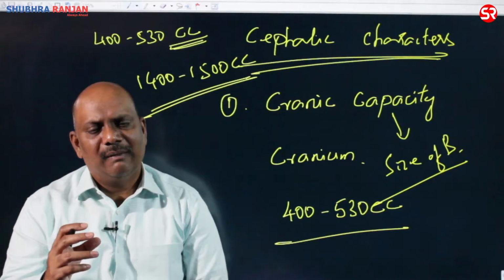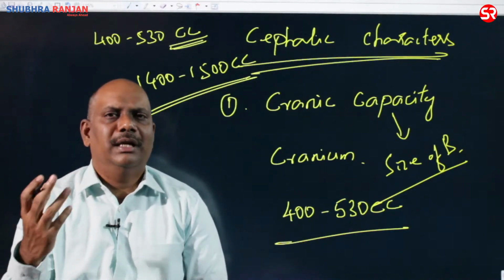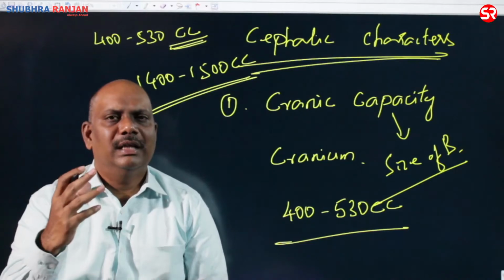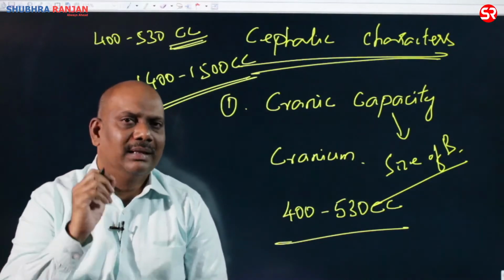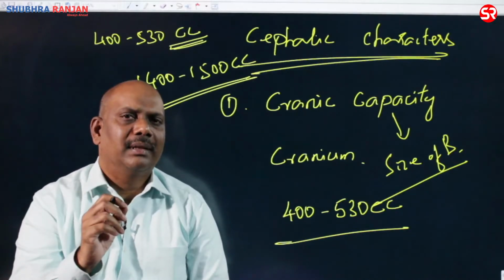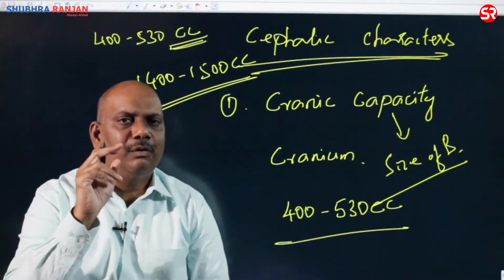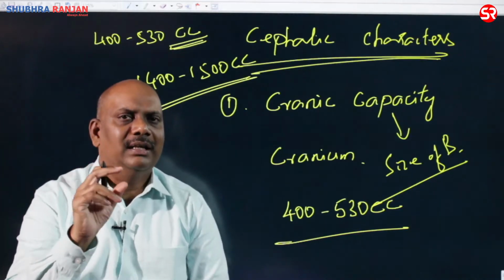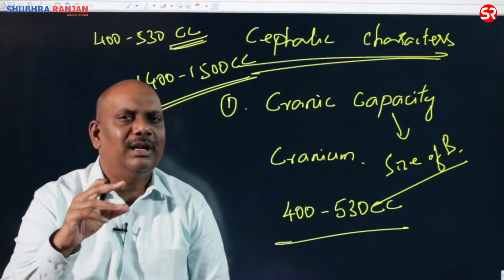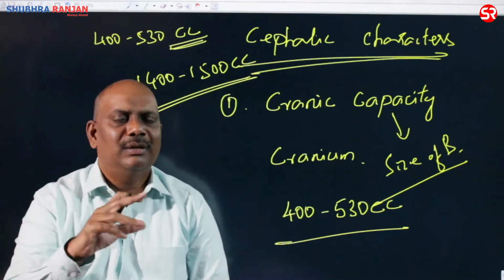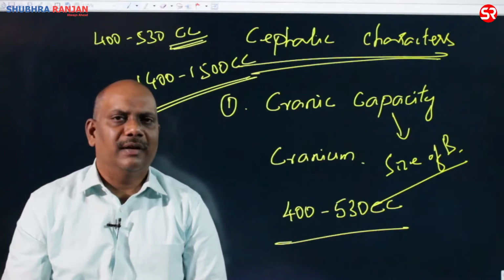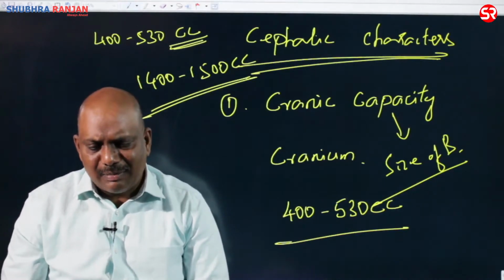But though it is a small brain, when compared to the other contemporary apes, the apes which lived during the time of Australopithecus, there is an improvement in the brain. Relatively, in that particular period, between 4 to 2 million years ago, this brain size is relatively larger when compared to the other Miocene apes or apes which lived during that period. Okay, and there is an enlargement of brain, and this enlargement of brain, right, is largely found in the cerebrum and in the cerebellum. I hope you know about the three important parts of the brain: cerebrum,